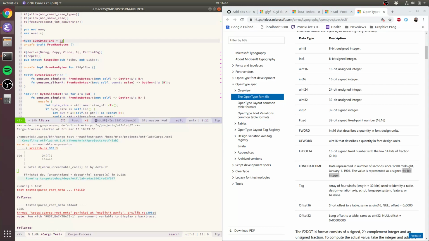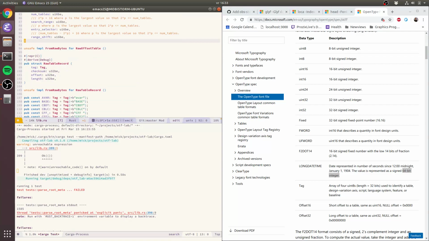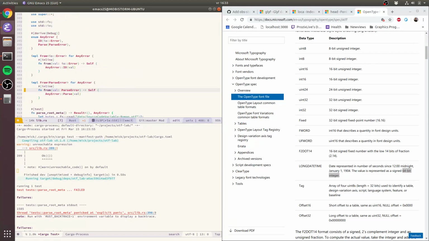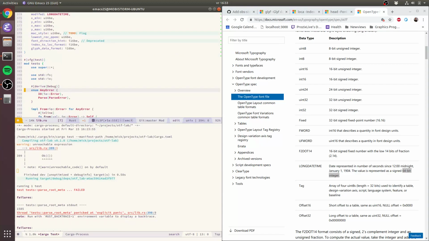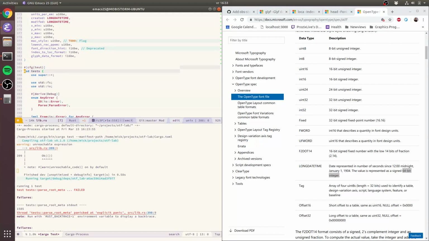Is a 64-bit big endian integer. Alright, and there's not really any magic to parsing that thing. So what we do is we mark